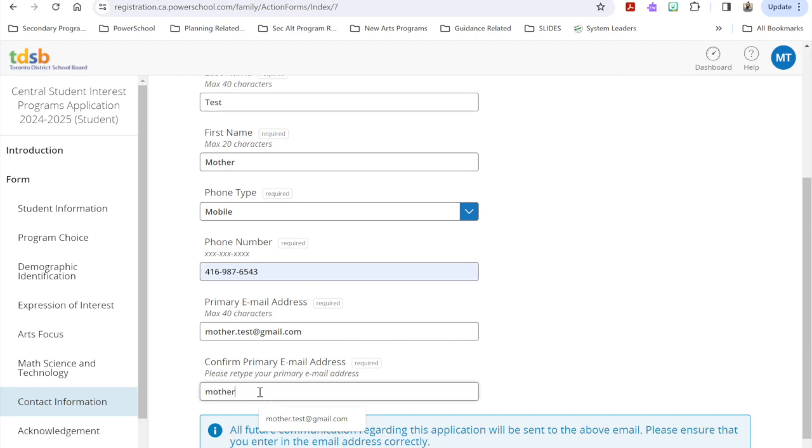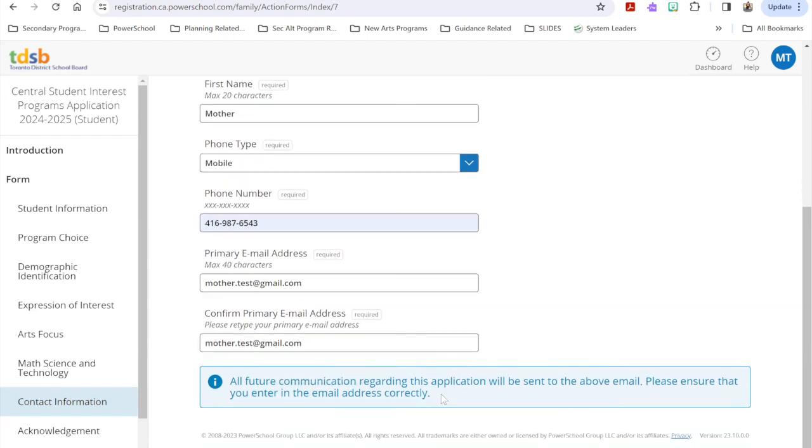And again, it's important that the parent guardian is working alongside the student to make sure that they have the correct email address here. And this is why it's particularly important that you ensure that you receive your confirmation email, because then you know that this all-important line has been entered in correctly.